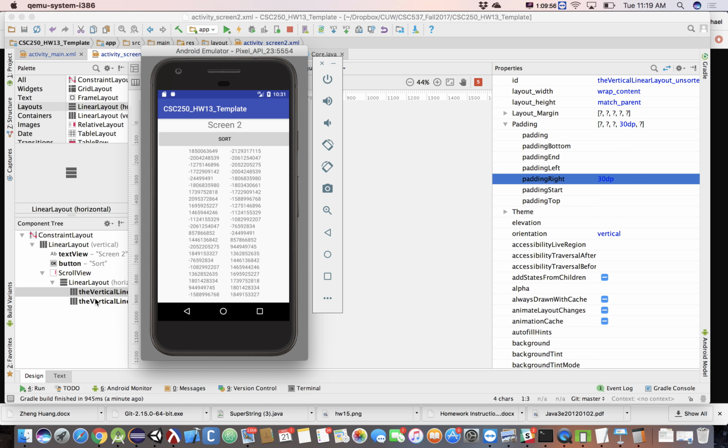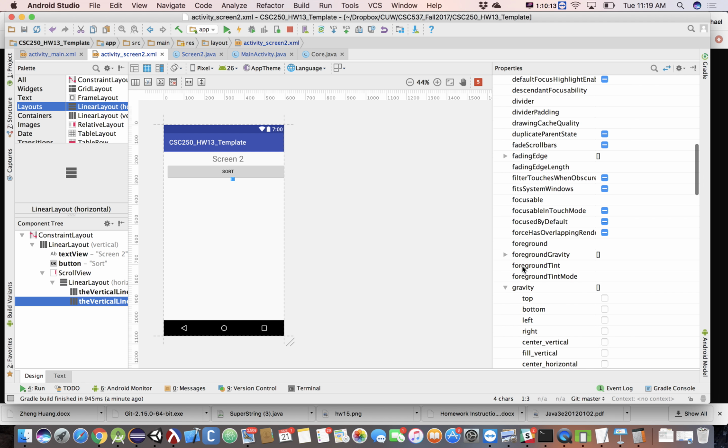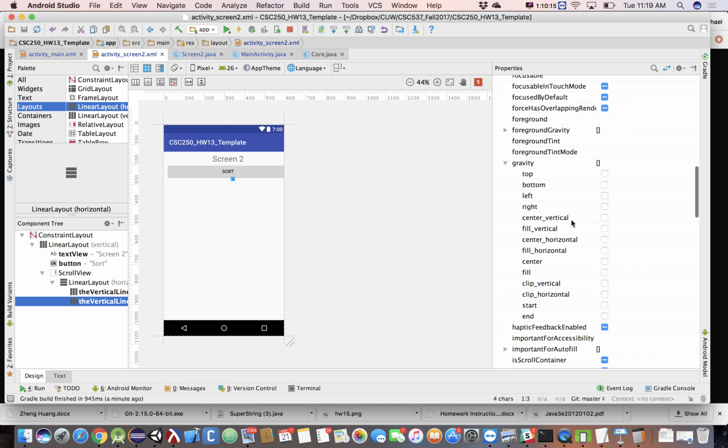Because notice that the things that live inside of this view group are not being bound by the gravitational field here. They're bound by the gravitational field of their container. So if I take this guy and I make his gravity center horizontal,